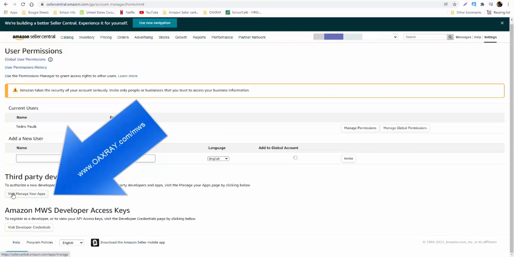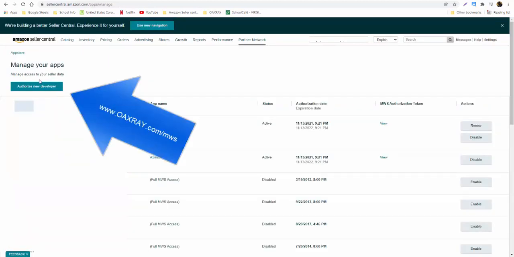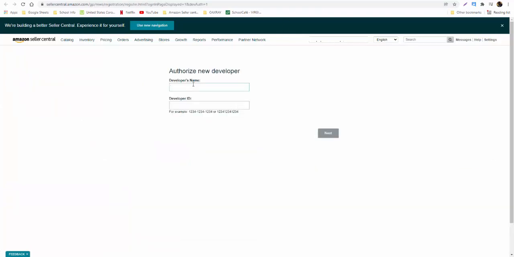We're going to come down to the third-party developer and apps, click Manage My Apps. Here you can authorize a new developer. If we move over to this page, then we can put in our developer name, Oaxray. Then if we go back to